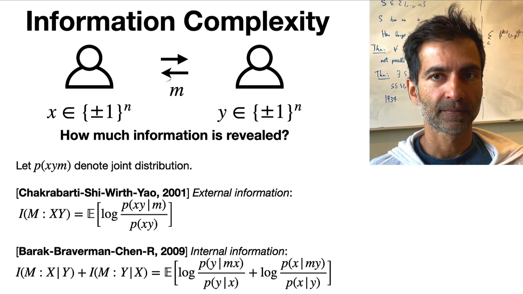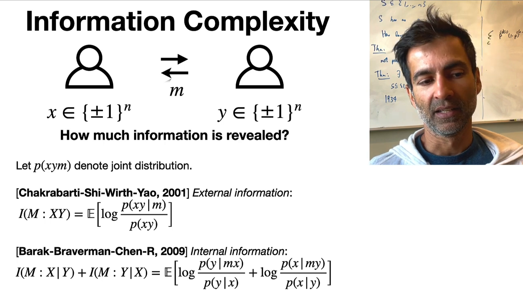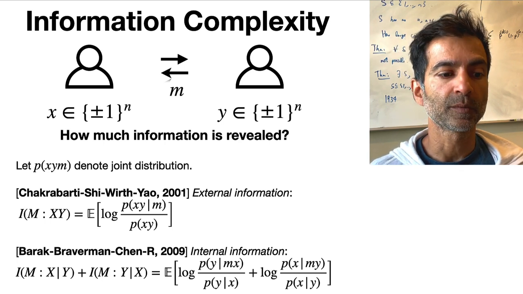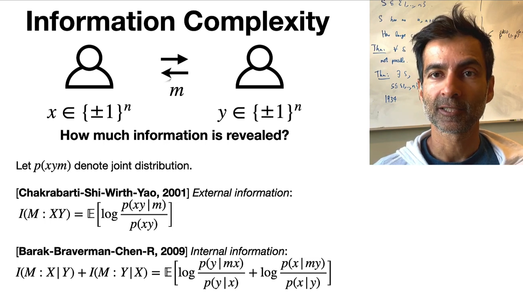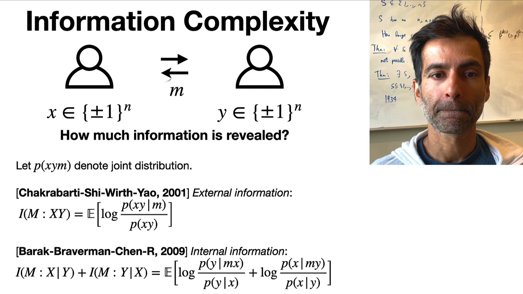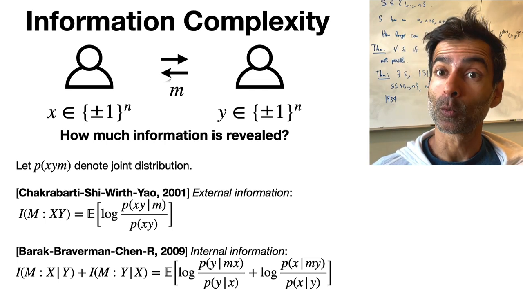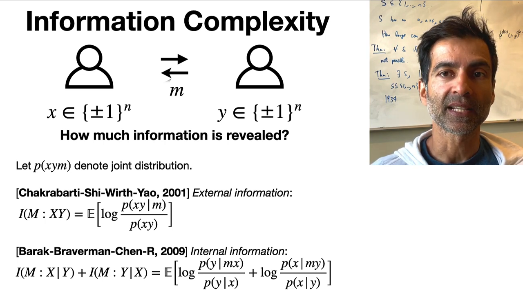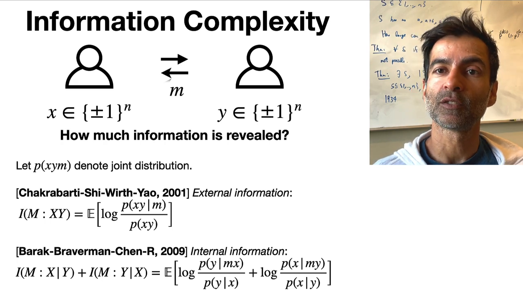So we have a protocol. There's some input X, input Y to the two parties. And the parties are somehow generating messages that they're exchanging with each other. And we want to measure how much information is revealed by these messages. Now, when I started the talk, I was thinking about worst case complexity. So I was thinking of X and Y as worst case inputs. And the distribution is only on the messages. But when I want to talk about information, I want to switch to the average case setting.